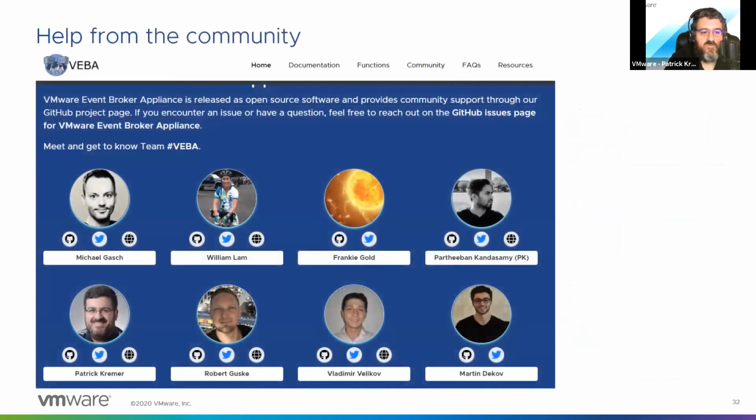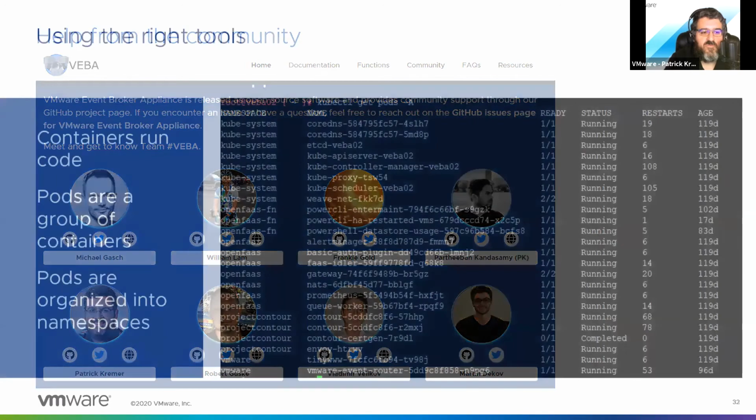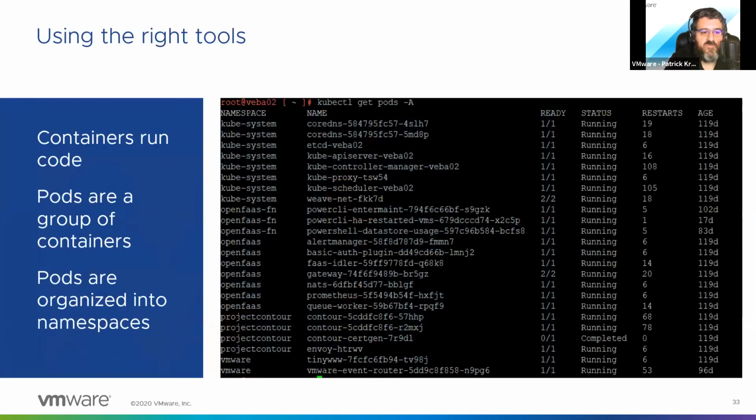But every single person here on this team has helped me, and they want to help. And they want this open source project to be successful. And they've helped me in internal Slack, and they've helped customers in public Slack. So the help is there if you want to learn. It's really out there. And with just a little bit of guidance, I learned, hey, things actually make a little bit of sense if you use the right tools.